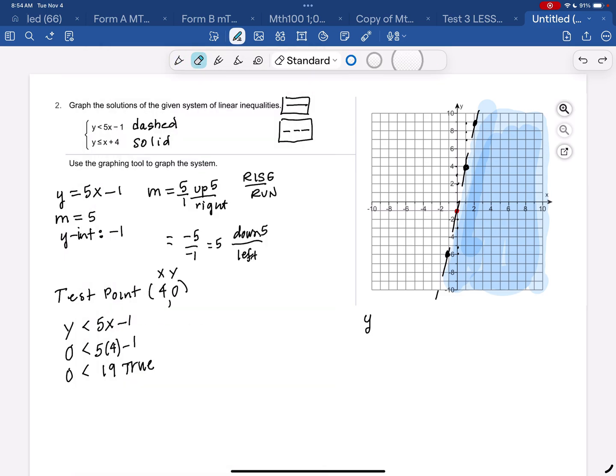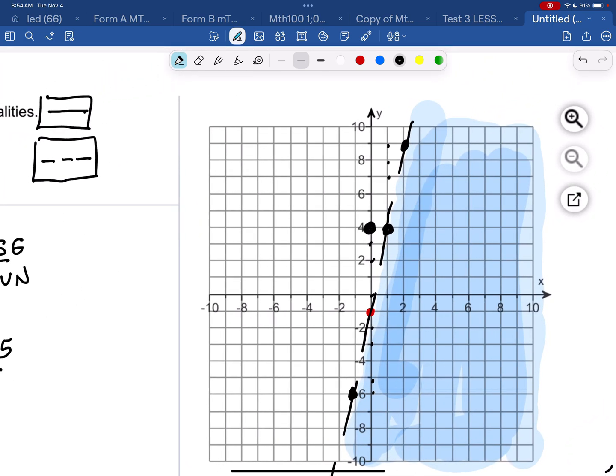So let's see. So y is equal to x plus 4. My slope is 1. My y-intercept is 4, or make a table. So y-intercept of 4, I'm going to go up here to 4. I'm going to put my point at 4, and a slope of 1 goes up 1 to the right 1, up 1 to the right 1. So you don't have to do that many points, but